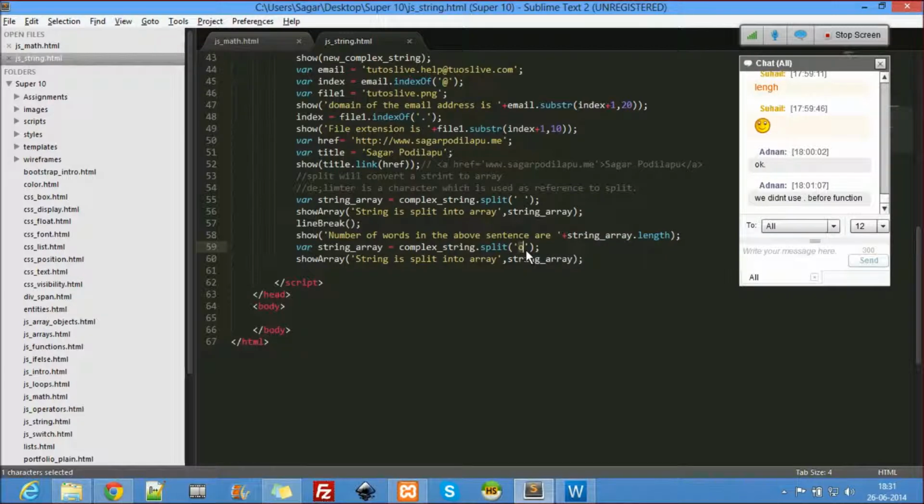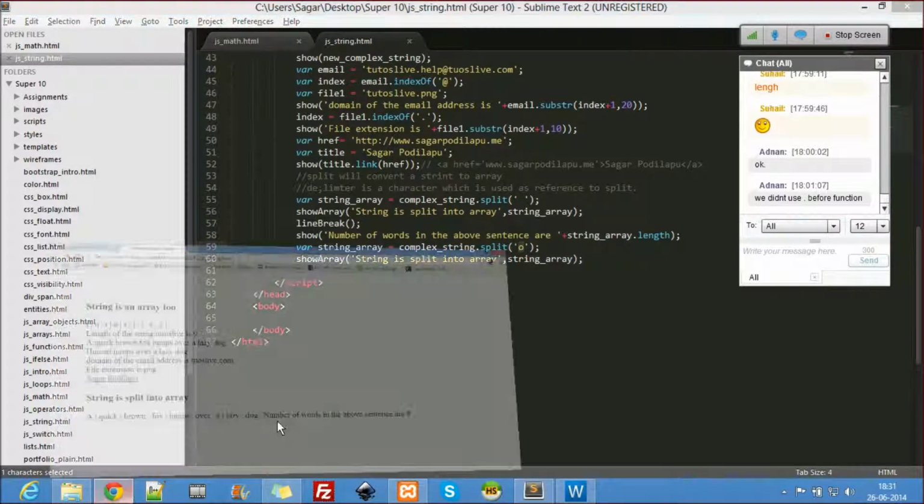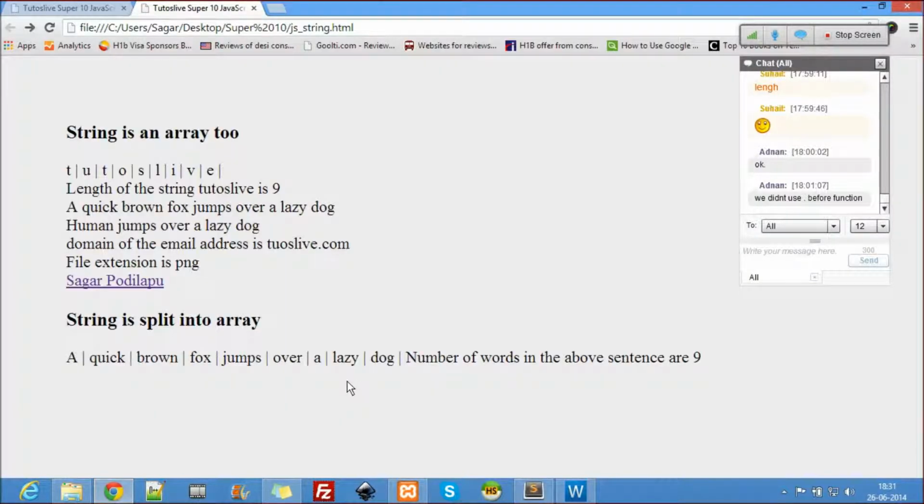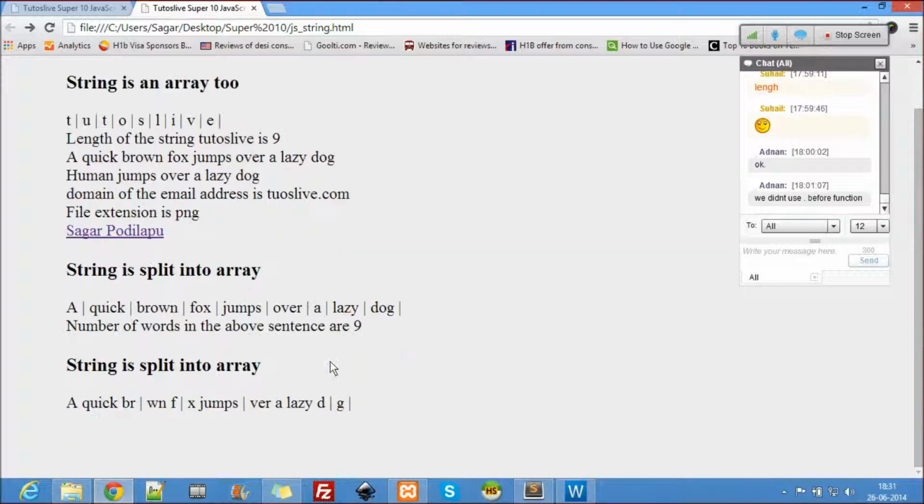The delimiter is just a character, it can be any character. So let me just refresh this. You see that? Split against O. O goes off, the delimiter is vanished, and everything is now an element in an array. So when can you use this?